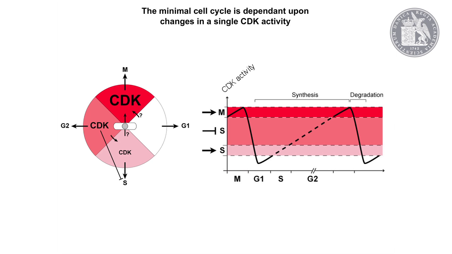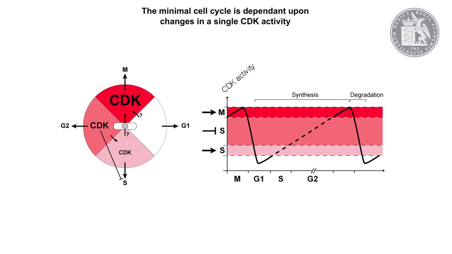You get more CDK activity, you go into mitosis, and you get out of mitosis by destroying all the CDK activity, and you start again. You could not imagine a simpler model. There's different ways of regulating it, and a major regulation here is through the Wee1